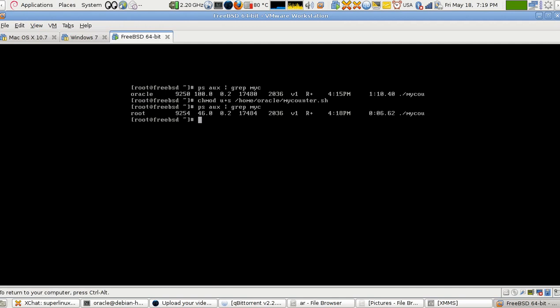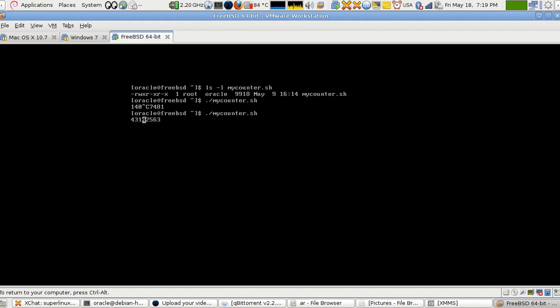Why? Because that is what setuid does. It lets the operating system think that the owner of the file is the one who runs the program. So for example, I killed it here and stopped the program,